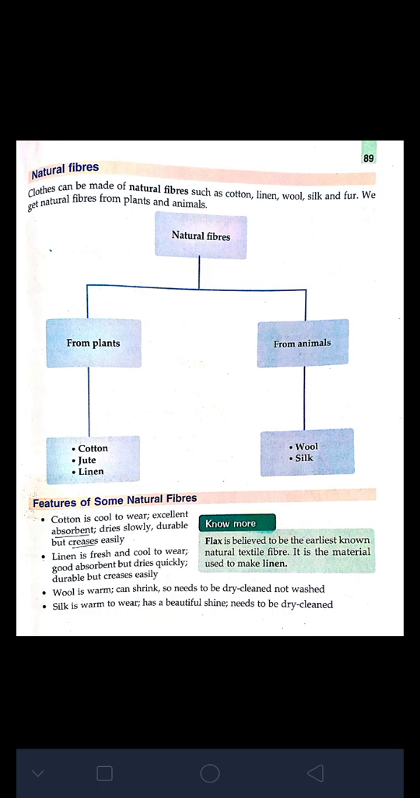It is durable. Durable means its life is long. They do not tear very easily, but they crease easily. That is the feature of the cotton cloth. Next is linen. Linen is fresh and cool to wear. When we look at that cloth, it looks fresh. When we wear that cloth also, that person's